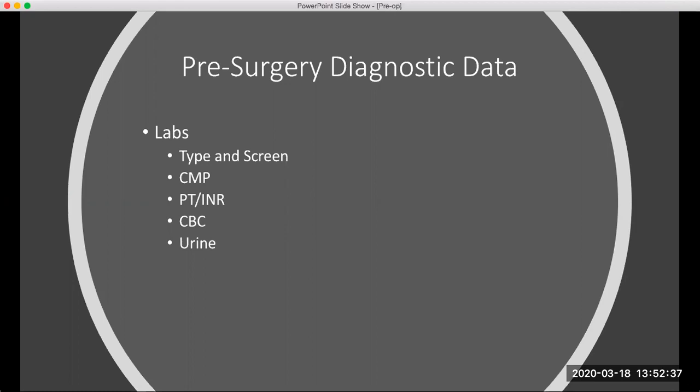PT, INR, those are labs that we get to measure how thick or thin somebody's blood is, especially in response to a drug called warfarin, also known as Coumadin. If a patient's blood is too thin, their INR is too high, outside of the therapeutic range, and they're on warfarin, they may not be safe to go to surgery at that time until we can reverse that clotting